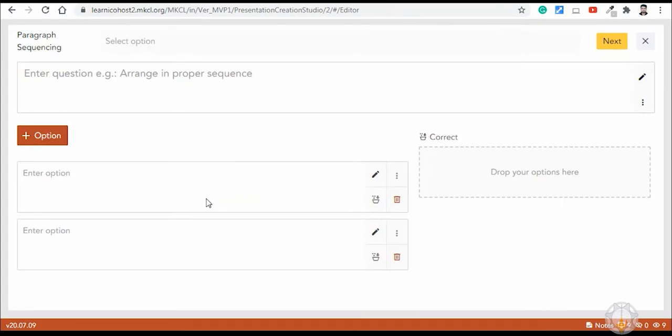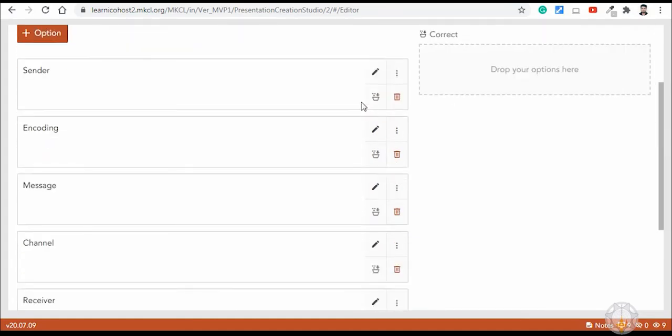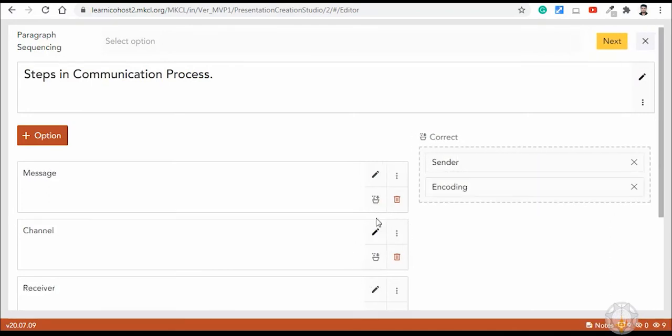Add questions and options by click on edit icon. Drop the options in the bucket in the correct sequence and save the question.